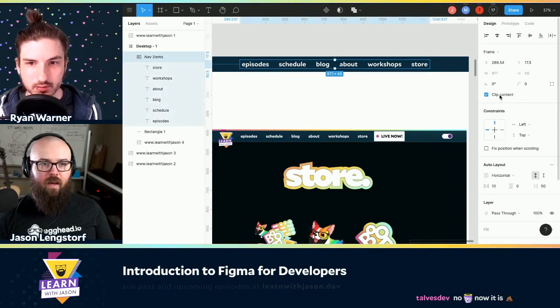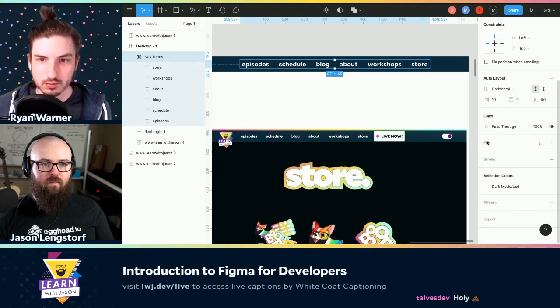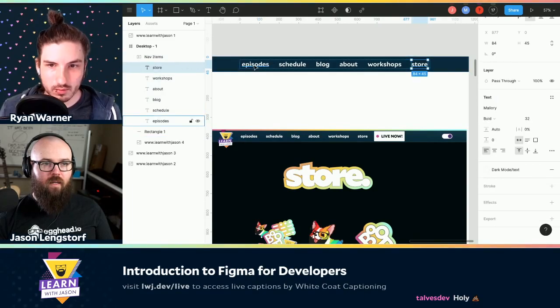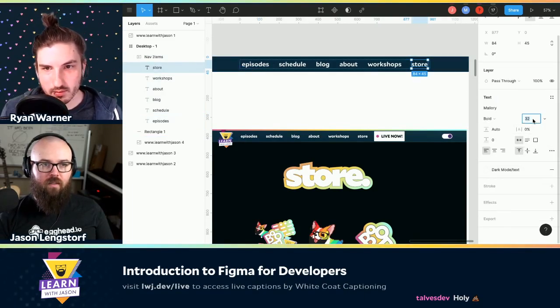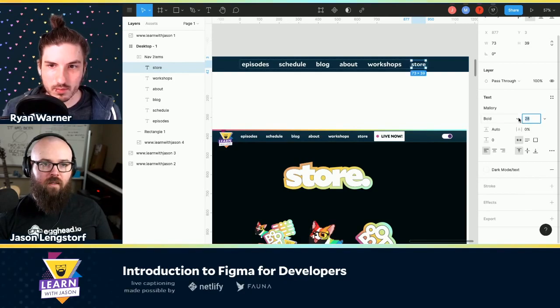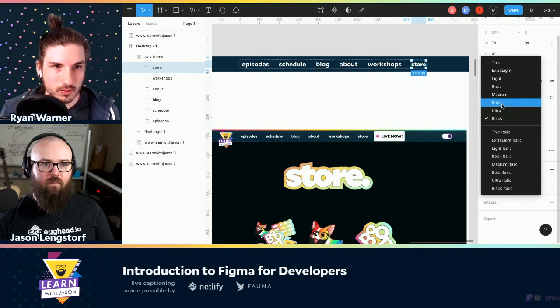Okay, so now we've got this set up. I'm not happy with the size of these, so I need to change them. Maybe what I want to do is go in here, and let's figure out a better text size. 28 seems good, right? I think bold is fine.